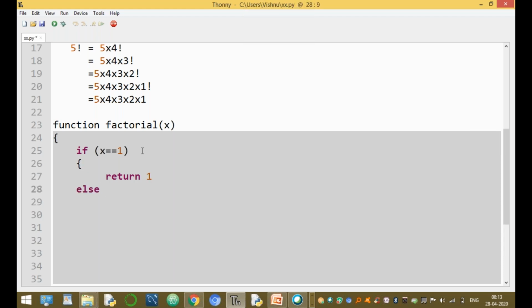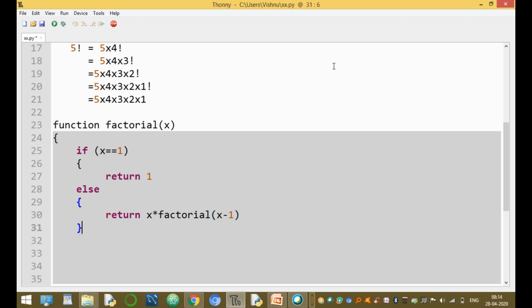Else, using the else block, call the function more than one time. So return x into factorial of x minus 1. This is the recursion.